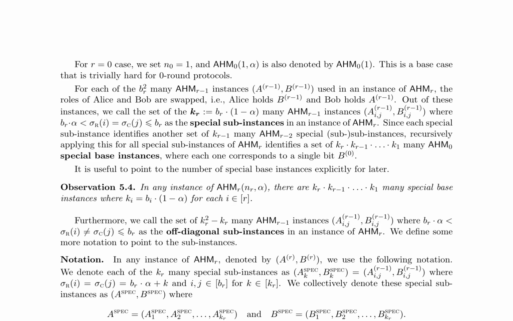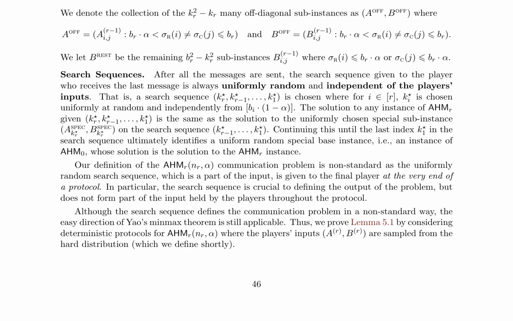Any dynamic streaming algorithm using n polylog n space to compute an O(1) approximate maximum matching must use at least log n passes. The AHM problem is defined recursively, involving a matrix input for Alice and a bit input for Bob, with a series of messages exchanged between the two players. The paper establishes a fundamental limit on the efficiency of algorithms in the semistreaming model for solving the maximum matching problem, showing that any semistreaming algorithm must use at least log n passes.